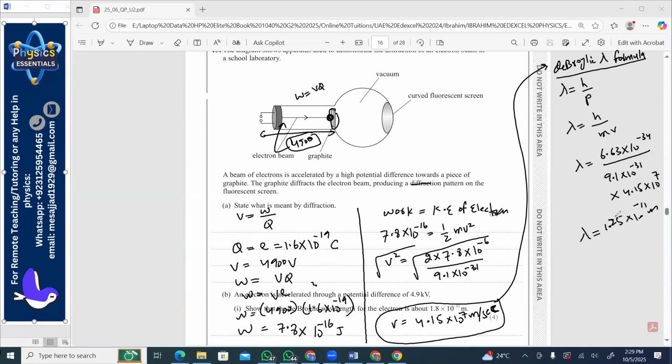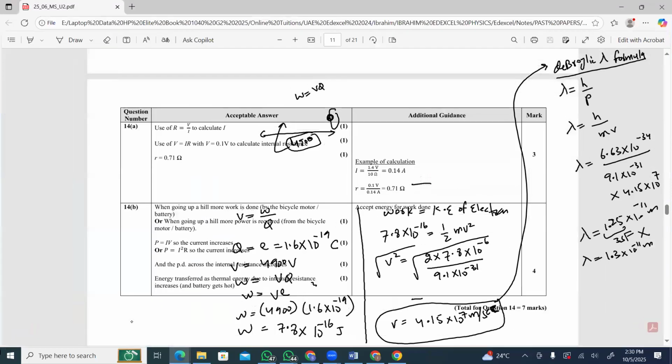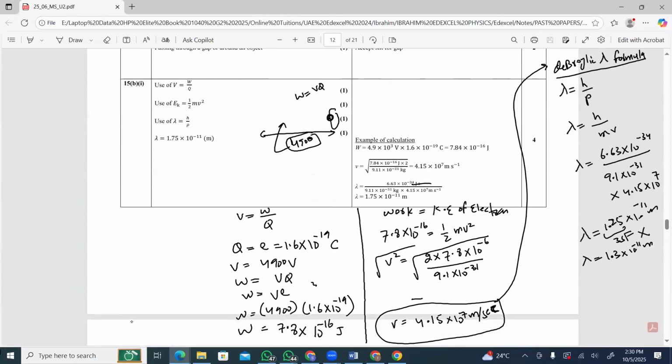Since your data is only in two significant figures, your answer should be in two significant figures as well. Three significant figures? No, just two significant figures. So 1.25 can be rounded off to 1.3 into 10 raised to the power minus 7. Okay, let me see the answer in the mark scheme. Okay, they have accepted it, but